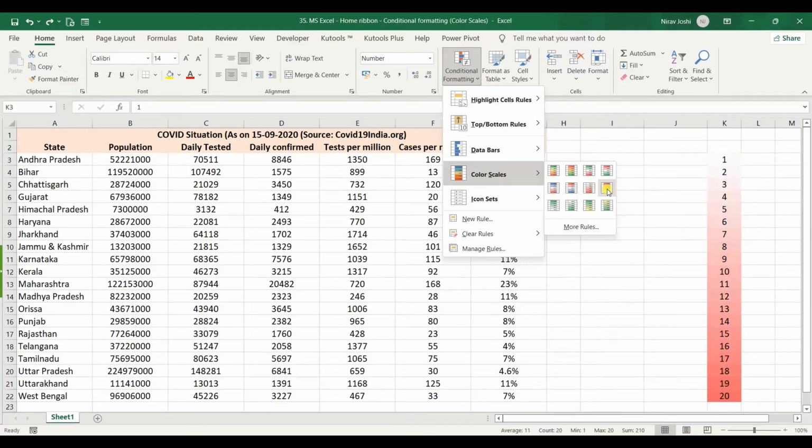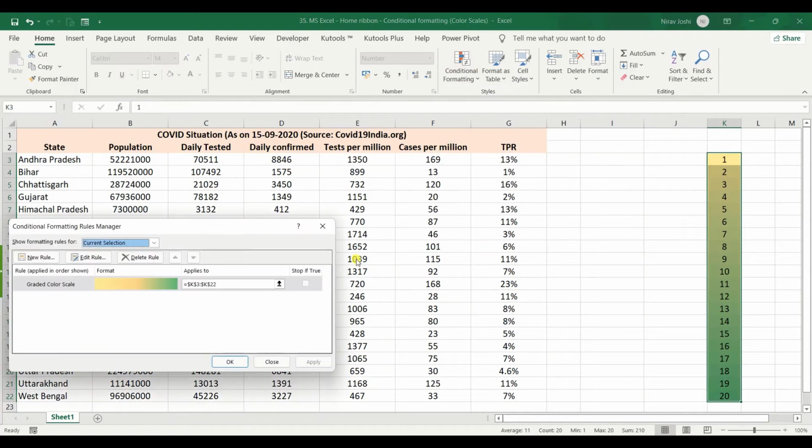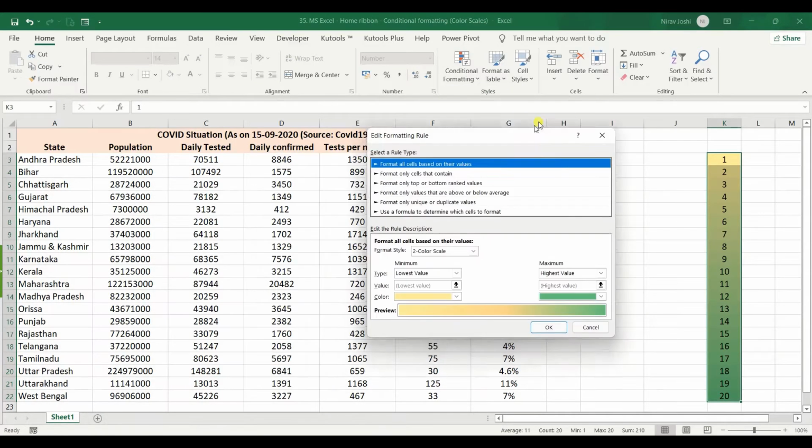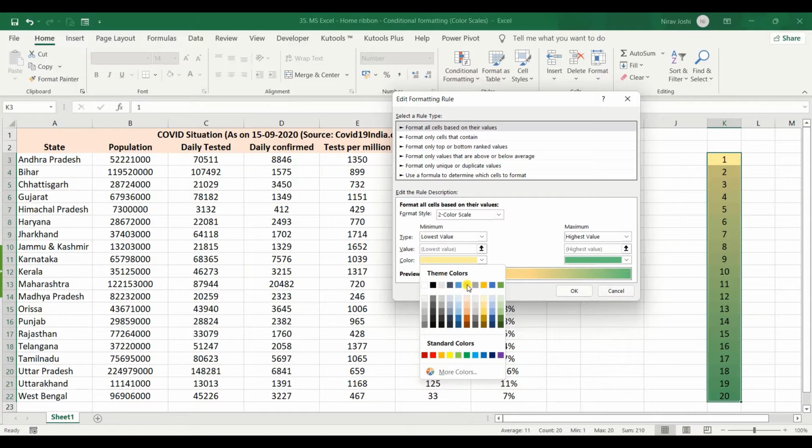Okay, so first we'll see the options available for color gradient in two color scale. So we have given this color coding here. We go in manage rule and edit rule. What you can see here, we have minimum and maximum value setups, right? By default, it comes to the lowest value and highest value, but we may change this minimum and maximum as per our requirement. So it can be a number, percent, a formula, or a percentile. Similarly, for the maximum value, we can give a number, percent, formula, or percentile, and we can also change the color here as per our need.